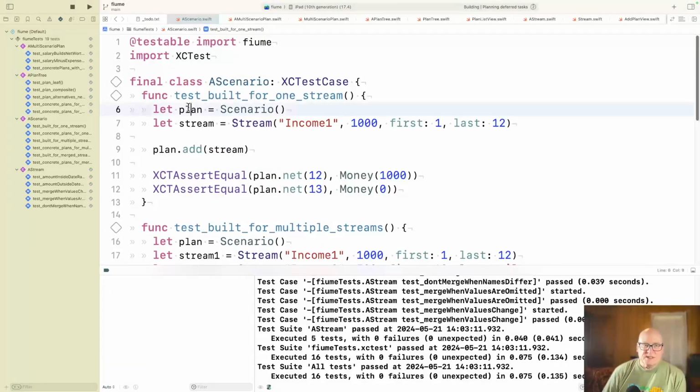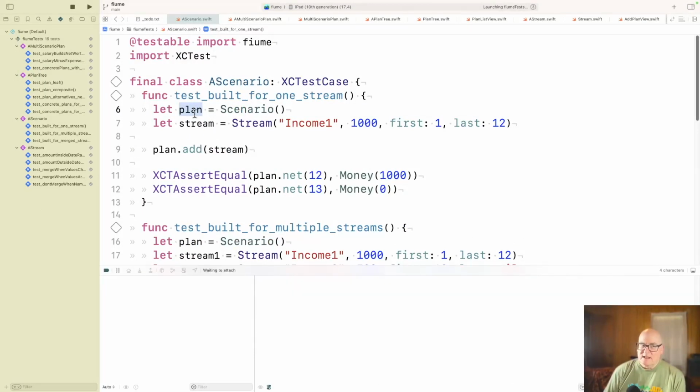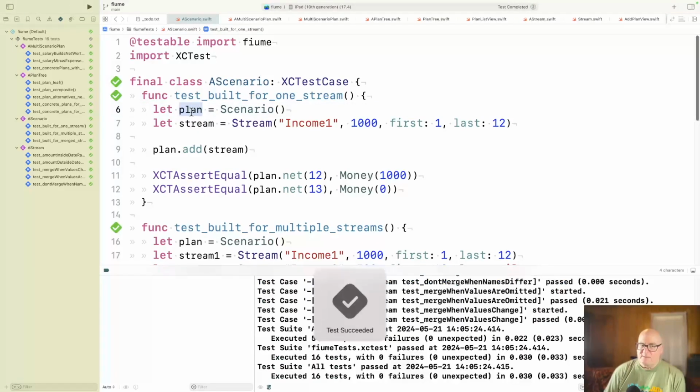But notice this plan now for scenario. I'm going to adopt another thing that some others use for unit tests, and it's the word SUT. It's not a real word, but it's an abbreviation for system under test or subject under test.